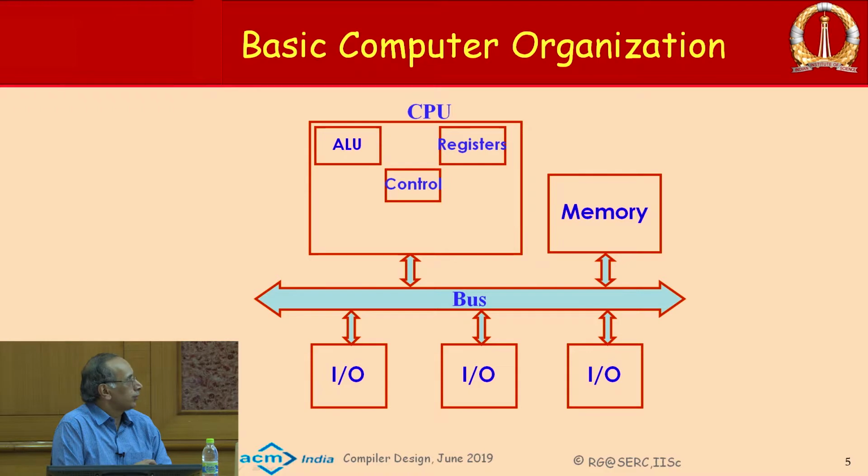The control unit is responsible for controlling all the parts of the central processing unit. You also have something called registers. Registers are temporary storage locations within the processor, and of course you have memory, and the processor accesses the memory through this bus. There are also input output devices which we do not really worry about in this lecture